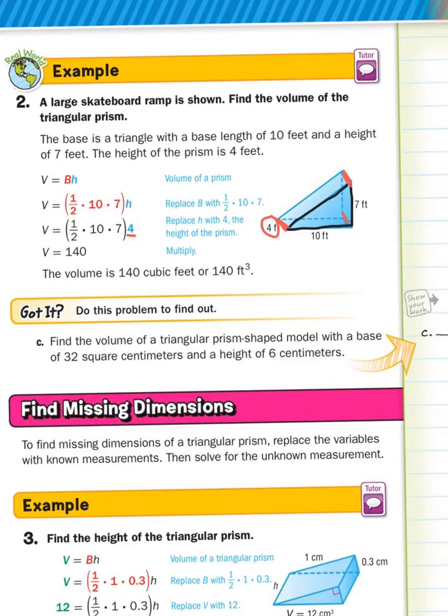And then they solved it. Half times 10 times 7 times 4 is 140 cubic feet. Okay? Same thing, they just said, well, instead of this picture, it's a skateboard ramp. All right? Now, in C,